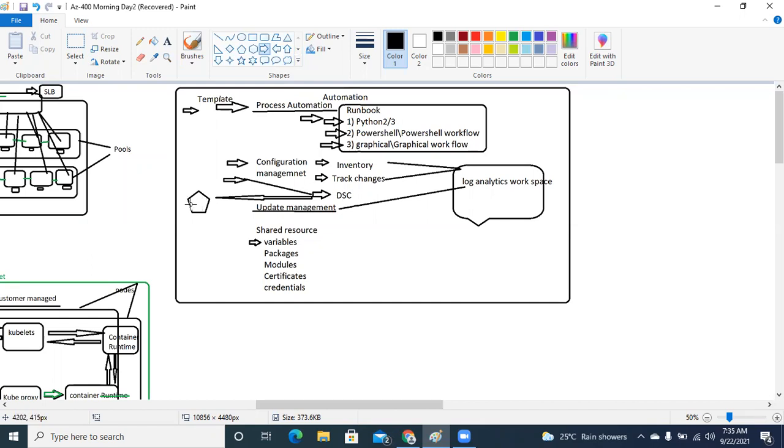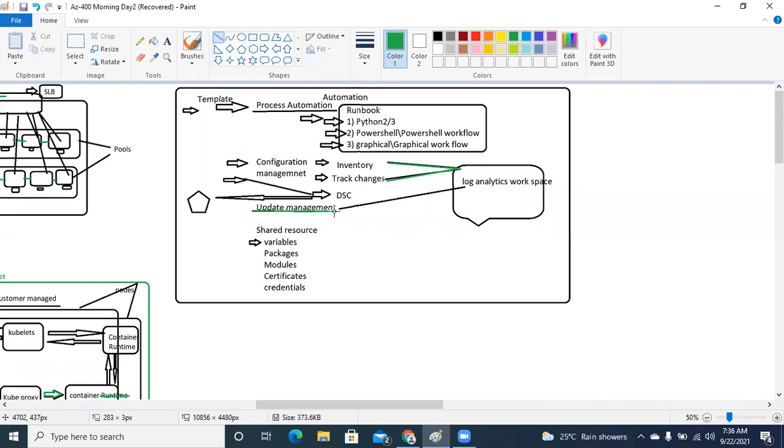Let's say if you want to make any changes in multiple environments at one time, or if you would like to track any of the resources which are getting updated through the automation account, or any changes that you will be doing, which of the resources have been updated. And we talked about how, for inventory and track changes, we have a substantial dependency on the log analytics workspace. So we will be able to capture the logs and we can take the action.